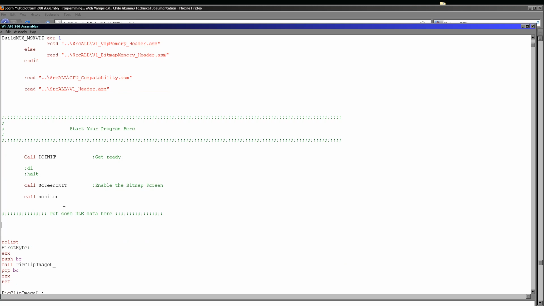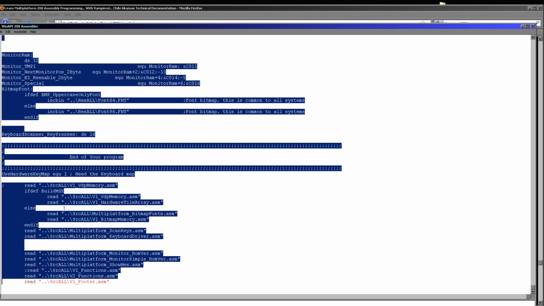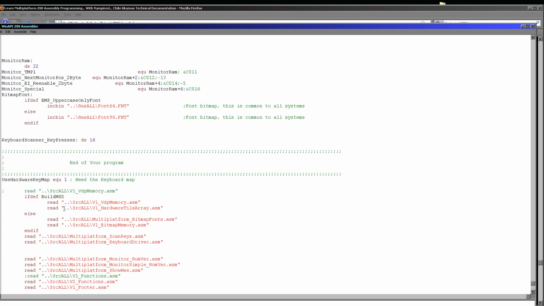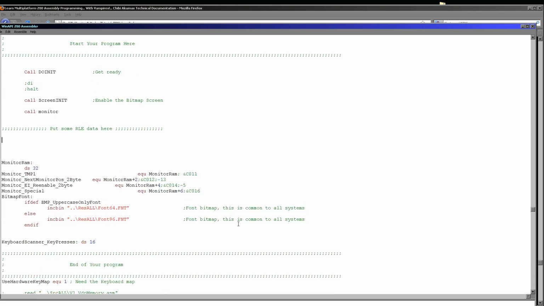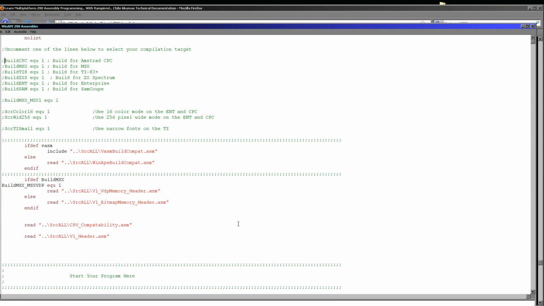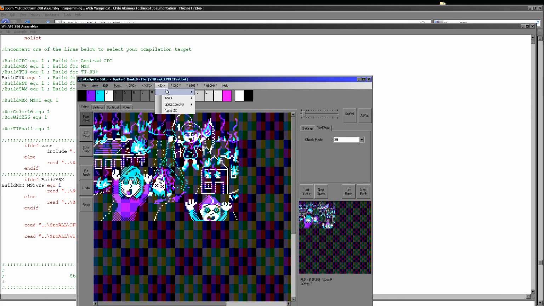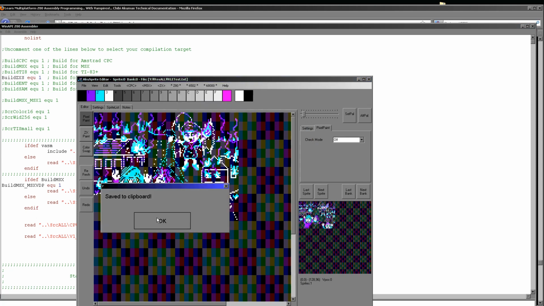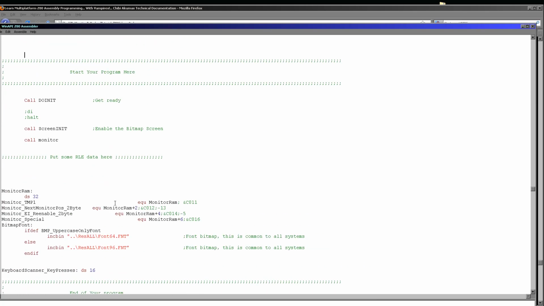So what we're going to do is clear out all of this code here, just delete it out. And this time we're going to change the build CPC directive here to a build ZX directive. So we're going to build a Spectrum sprite this time. And we go to ZX and we go to Sprite Compiler and add one here. Now this again has saved the compiled sprite to the clipboard,